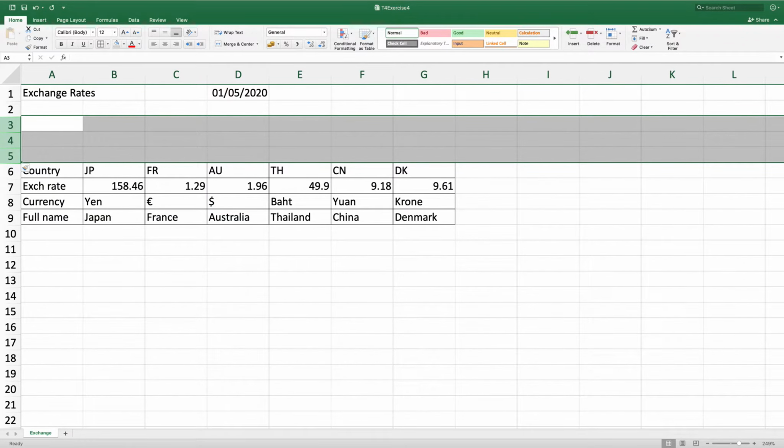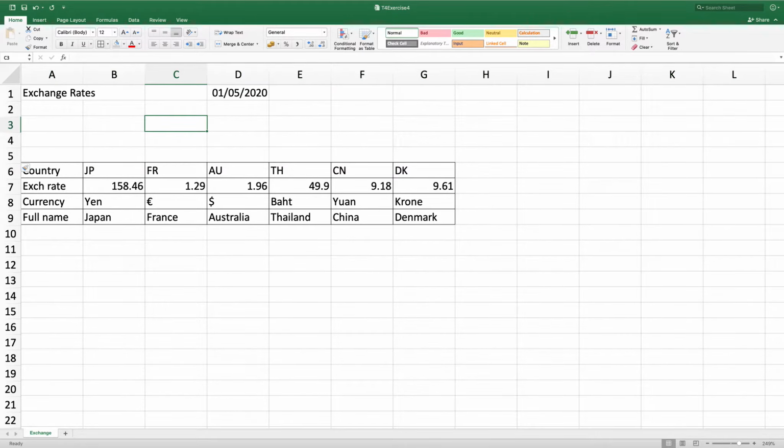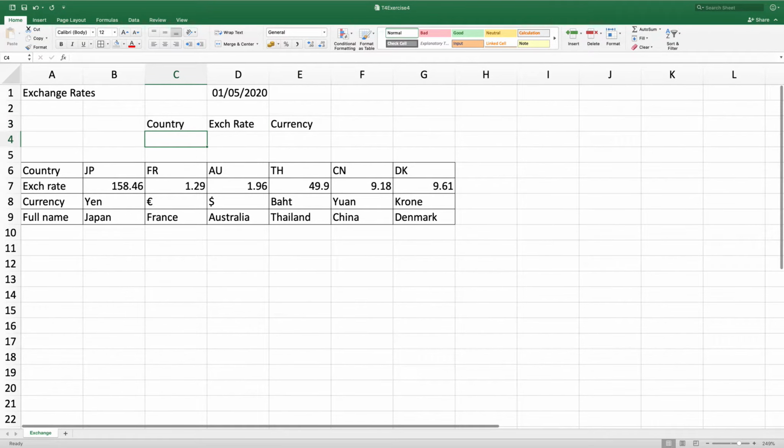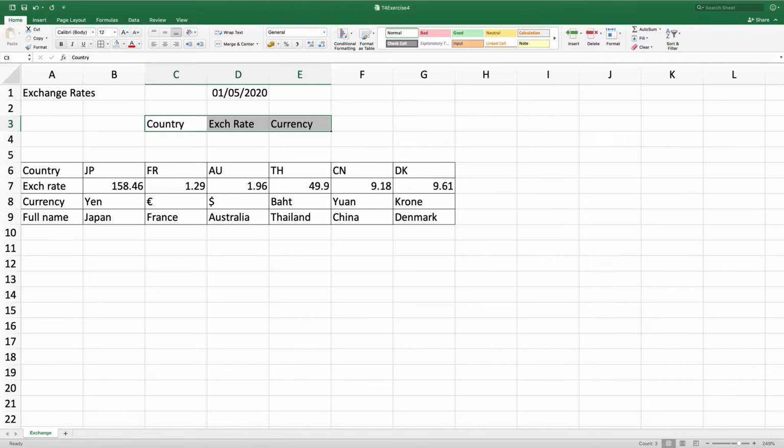I want to enter country, exchange rate and currency into C3, D3 and E3. So country. I want to make them bold and underlined, so I'll highlight them, Control B, Control U, or you can click on the icons. In B6 to G6,